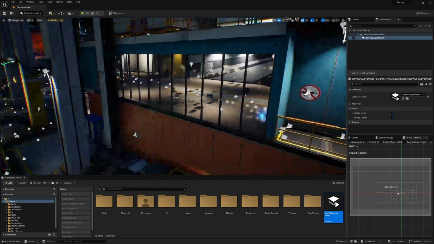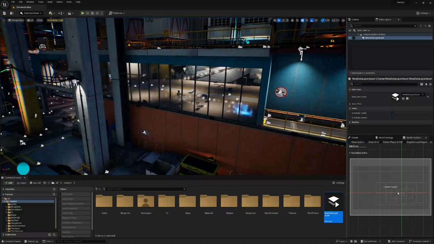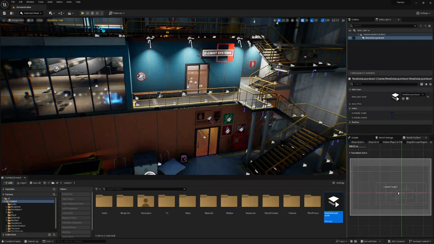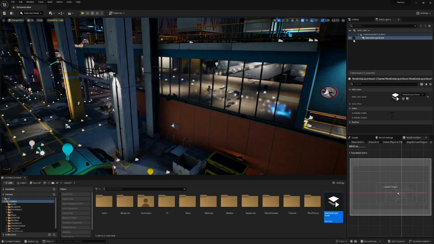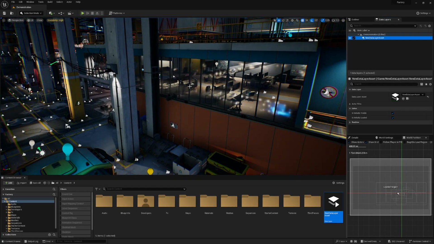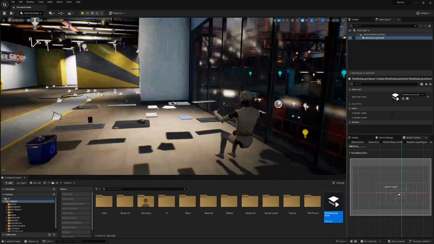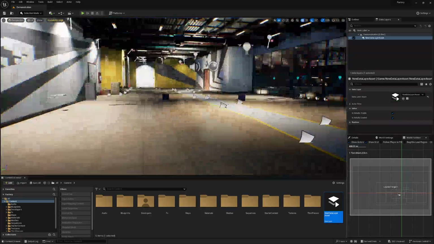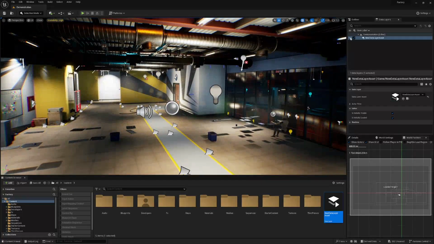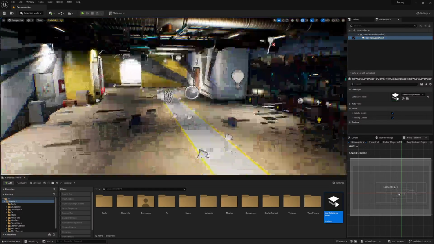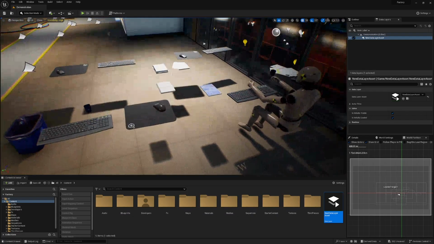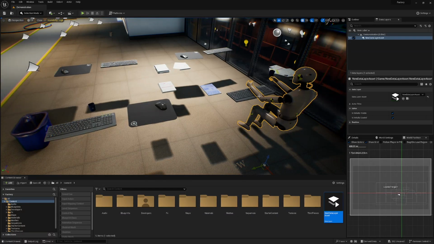And let's say you did have a level that you've already made like this, very complex level with lots of actors within it, and you did want to not just hide this stuff, but you wanted to hide and unload sort of everything in here. So you can see I've hidden that and there's some stuff remaining, but let's say you wanted to also add this stuff to the data layer so it's hidden. I could select all of that like so,